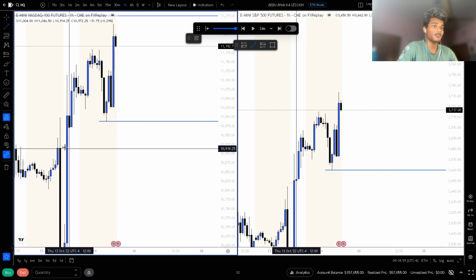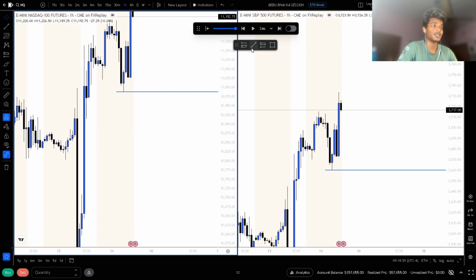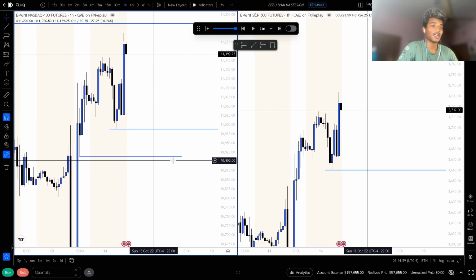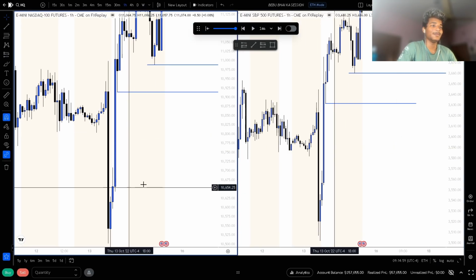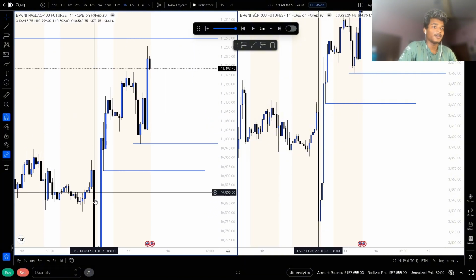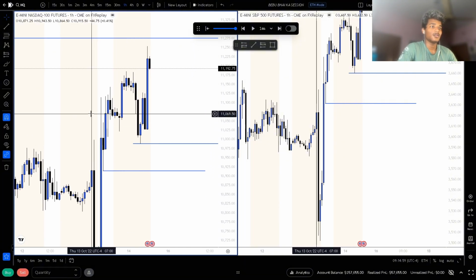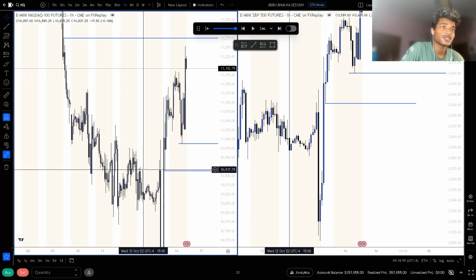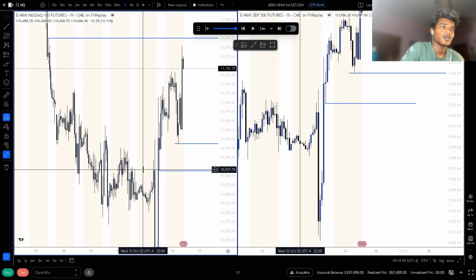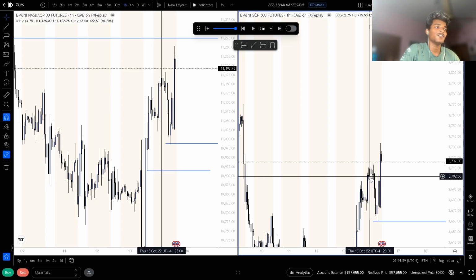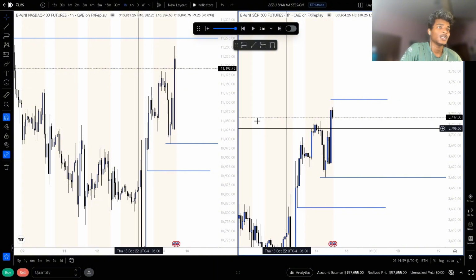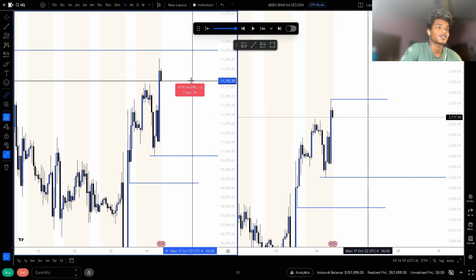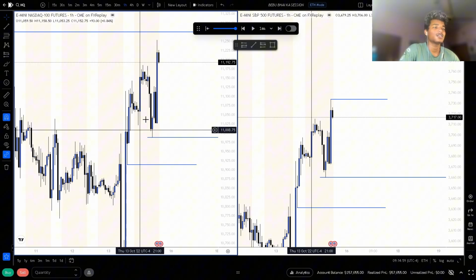In 1 hour we have this unmitigated, oh, this is actually a BPR, so I will target this. Actually, it is a very nice strong liquidity. You can see how massive this BPR is, so it will act as a magnet as well. And if we see here closely, the market is pretty much short time frame bullish, higher time frame bearish. Yes, I wanna say manipulation on the upside or just a dump lower, targeting this and this.